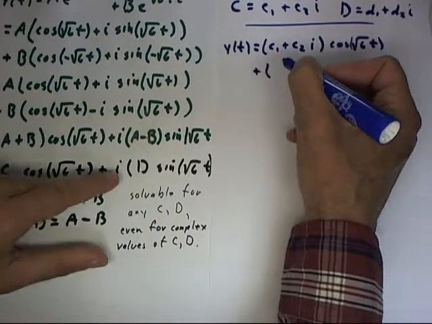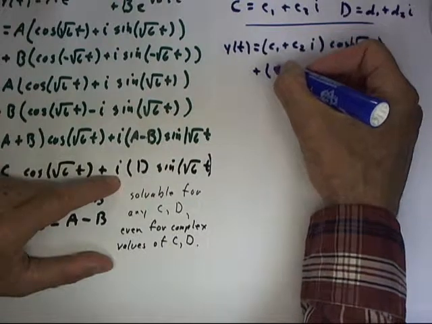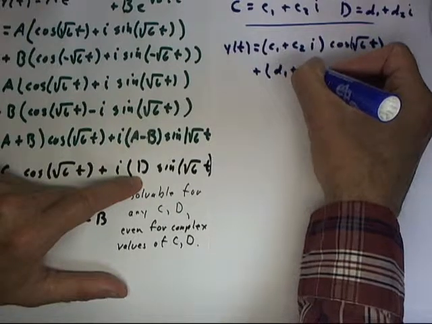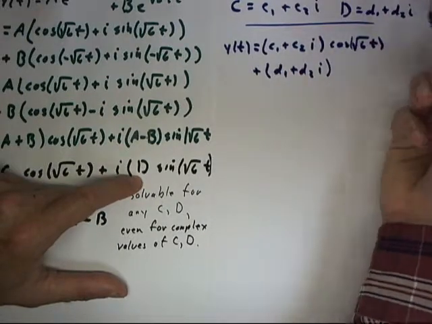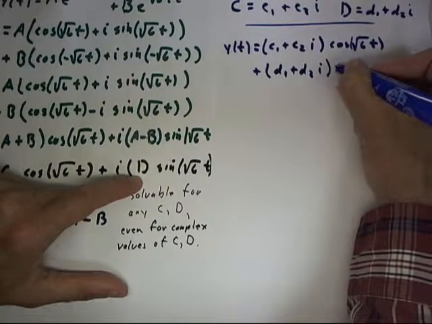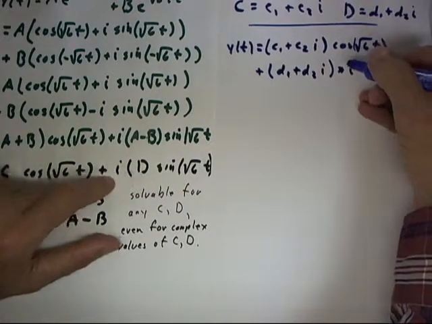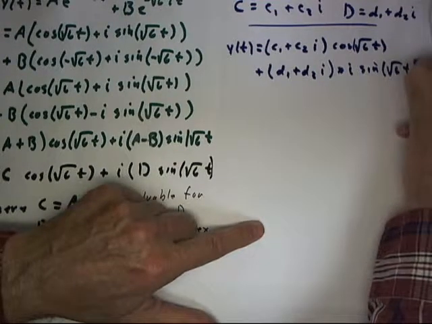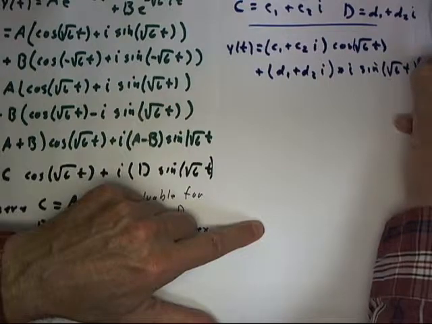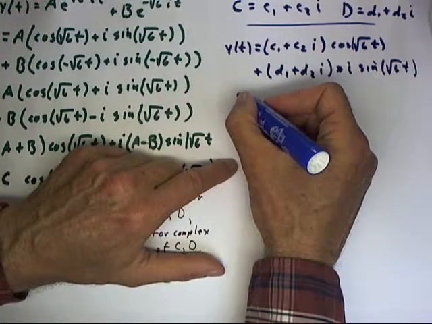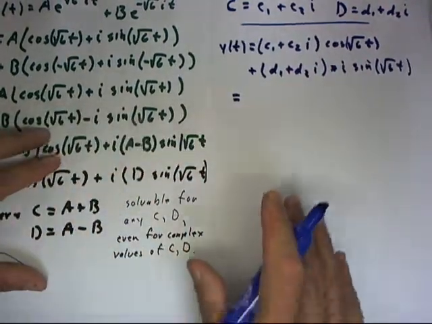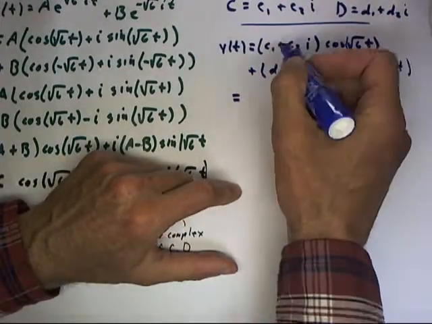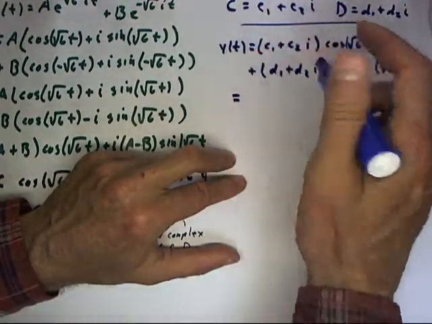plus, I'm going to put the i at the end here, d1 plus d2i multiplied by, I'll put the i here, i times the sine of the square root of 6t, and this equals what? We multiply this out and collect our terms and separate the result into real and imaginary